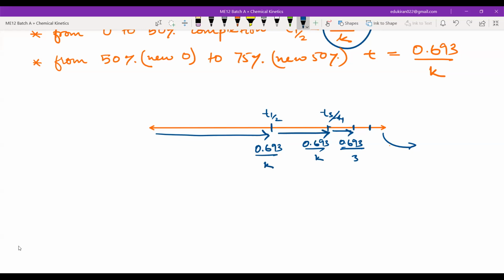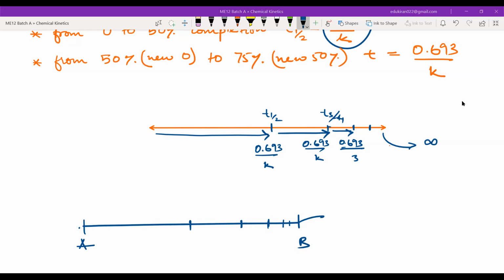This is the same as if you have two points, A and B. How do you reach from point A to point B? You will travel half the distance, then again half the distance, then again half, then again half. Now tell me, will there be any point where you reach B? Can you ever reach B? No. If you are very precise and keep walking half and half and half, you will never reach B. That is why a first order reaction goes till infinity and never gets completed.